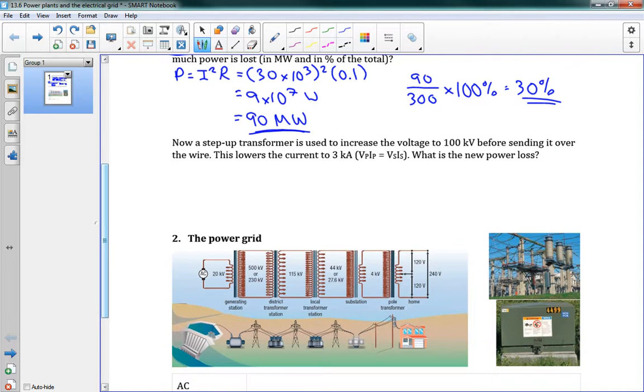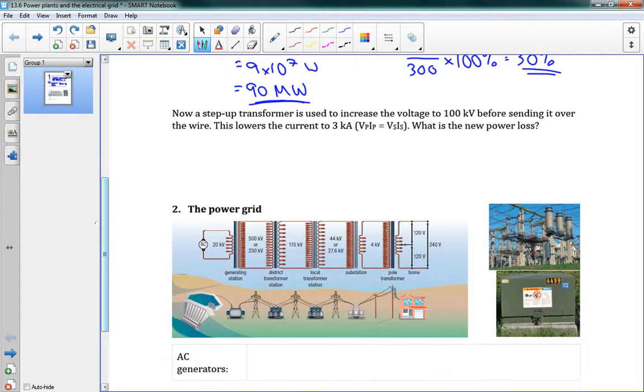And in this problem, you've been given that 3 kiloamps, but often you will be required to just find that current on your own. Okay. First, P equals I squared R. We plug in our current, 3 times 10 to the 3. We square that, same resistance, and we're going to get 9 times 10 to the 5